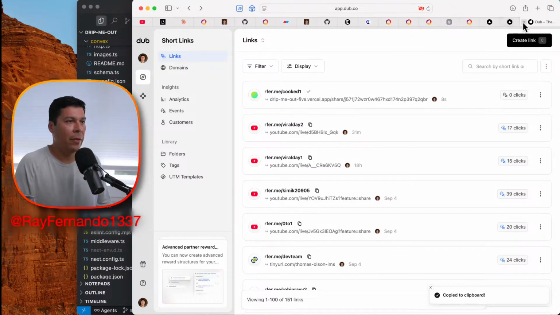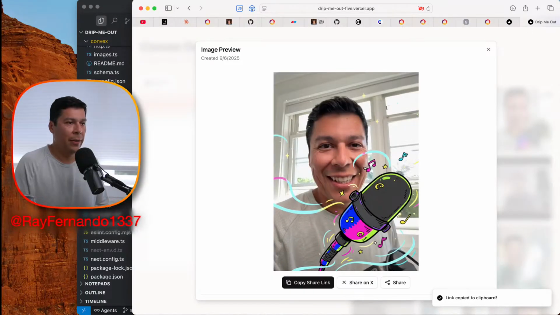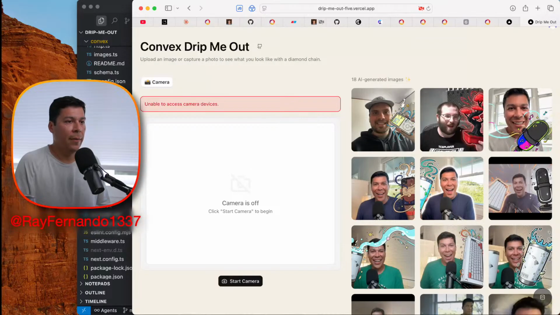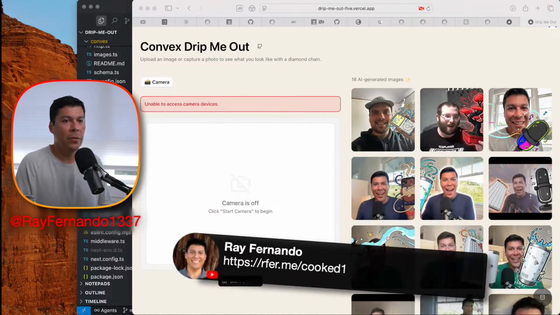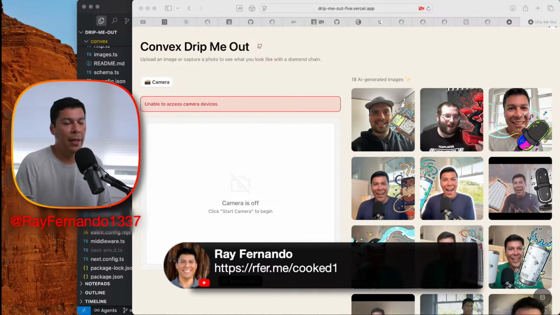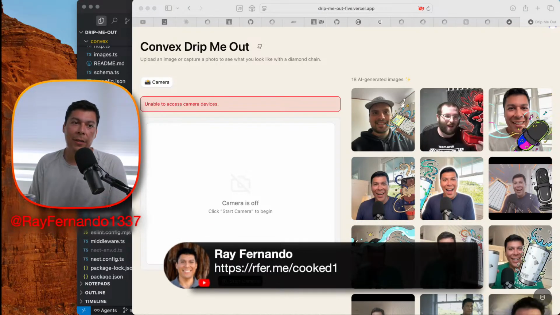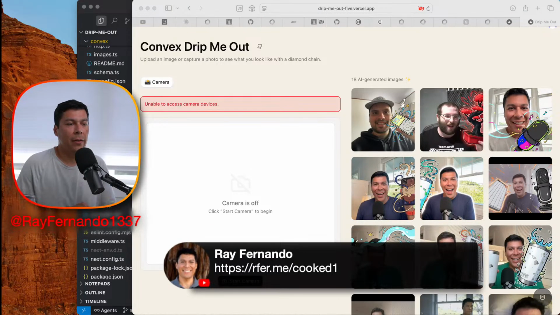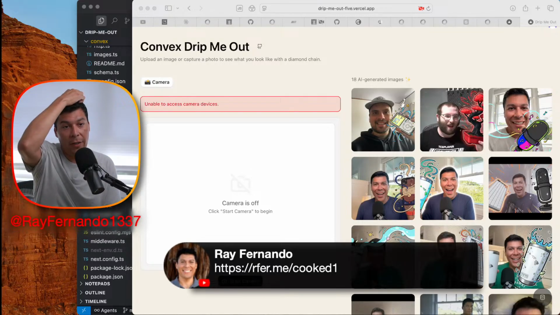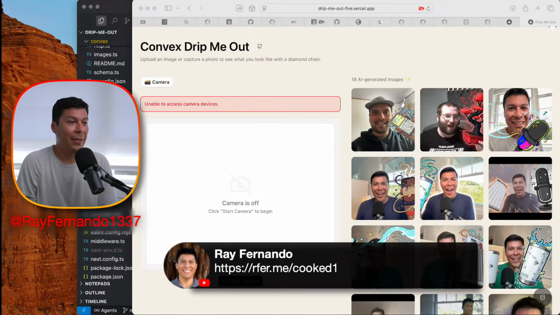I have a URL shortener, and I love URL shorteners because they're so cool. What would be really interesting for me would be to have an API that goes to a URL shortener like this, and that way I can track it. dub.sh is a really cool URL shortening system. I pay for them, but it's mostly for marketing things. If you want to check that out, just go to rfer.me/cooked1, and it's basically going to take you to